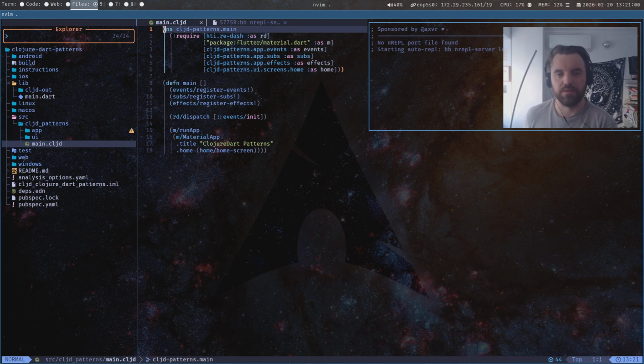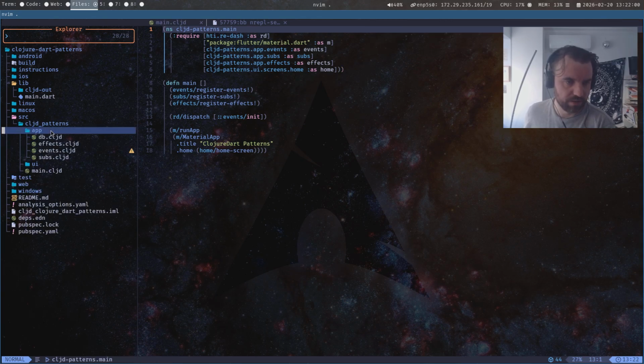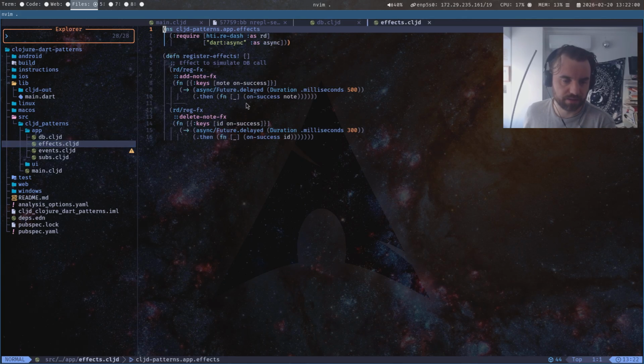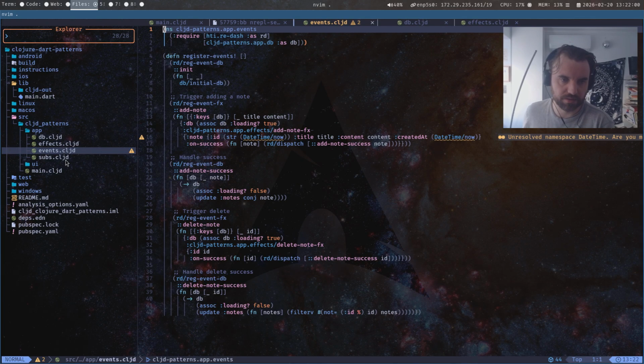So this is the ClojureDart one using the state management library, Re-dash I think, which uses a model similar to React, which is a very strict model, with a DB, which is like your state, and then your effects, your events, and your subscriptions.